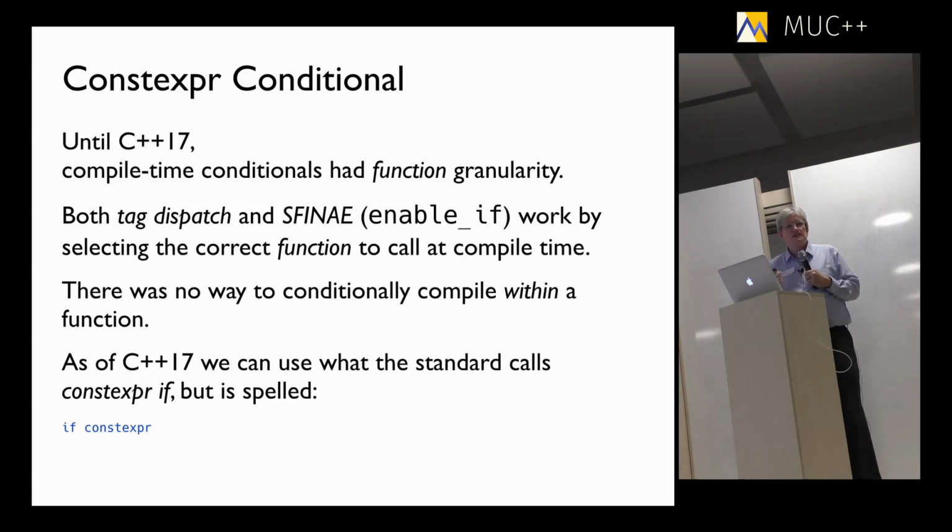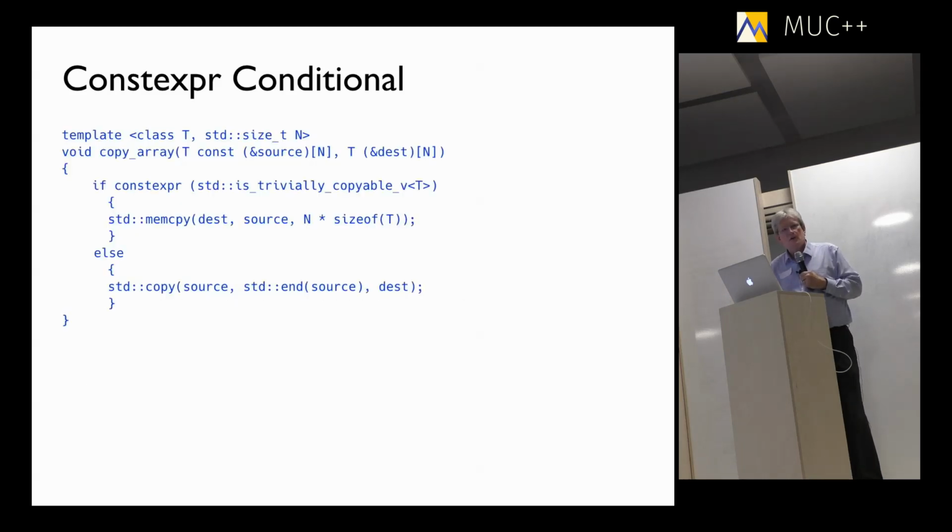And what this does is it allows us to do conditional compilation things within the scope of a function. Everything we've done up till now, as I said, was the granularity of a function. Either we use this function or we use this function. We either use tag dispatch or we use enable_if or SFINAE to figure out which function, but it's an entire function. But now we can actually do something like this, where within our function we have a single function